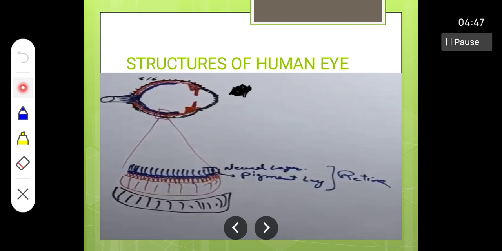Behind it is the choroid, and it continues anteriorly. When you go anteriorly, it becomes widened and more thick. You can see this red layer become very thick at this part, with a triangular shape. This more thickened triangular part is called the ciliary body.